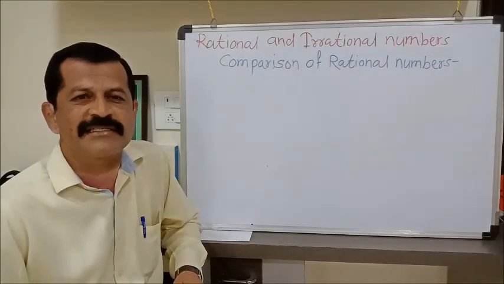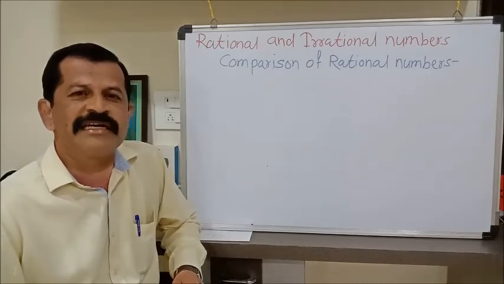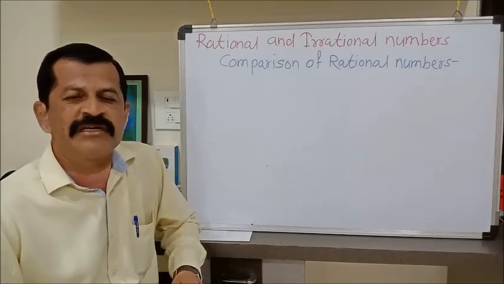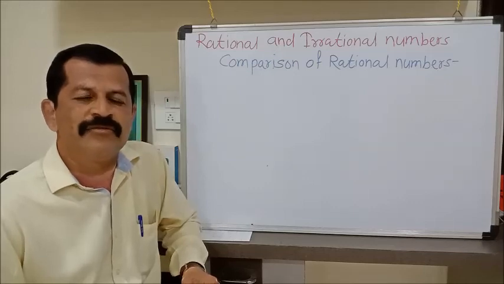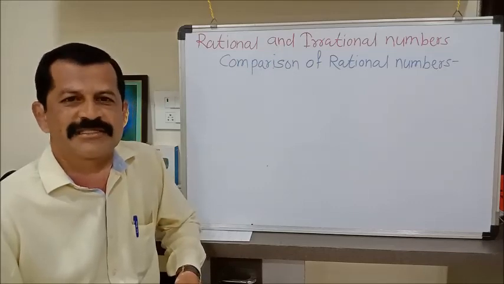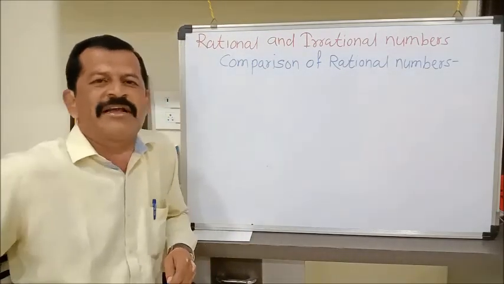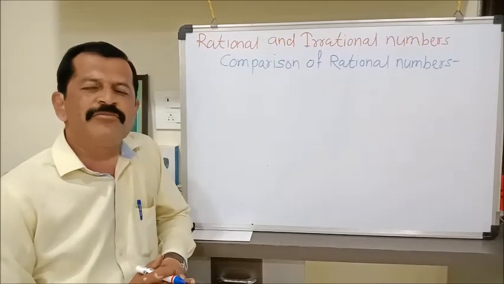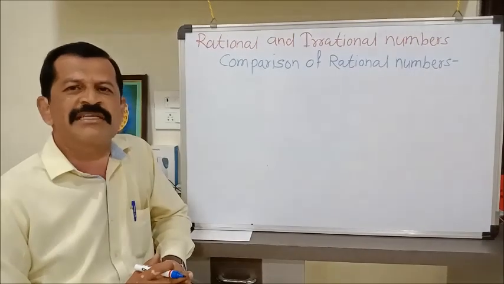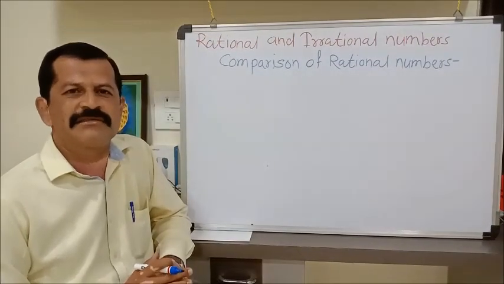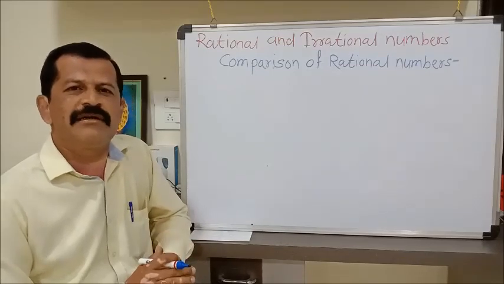Before we start the second session, let us recall that in the last session we studied natural numbers, whole numbers, and integers, and we started to study rational numbers. Rational numbers are none other than fractions, numbers which we can write in numerator and denominator form. Such numbers are called rational numbers. A rational number may be positive or negative.